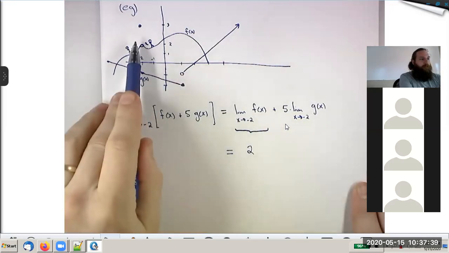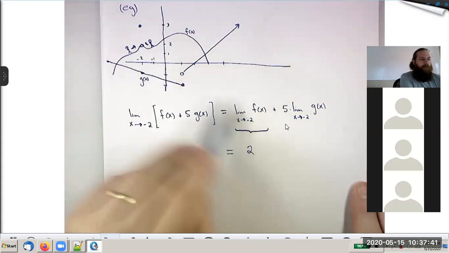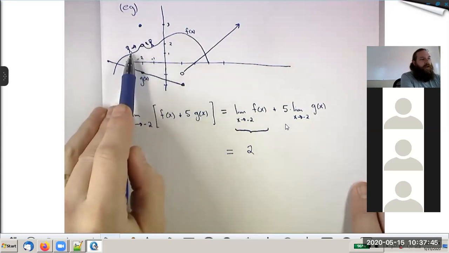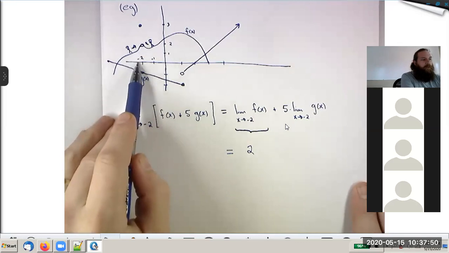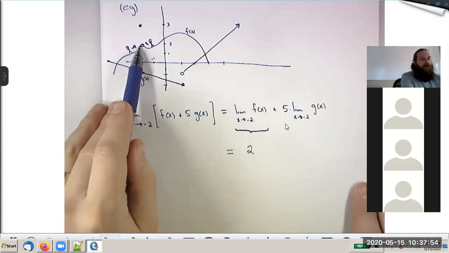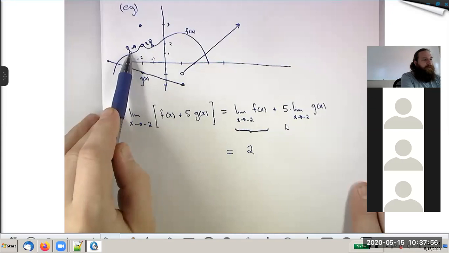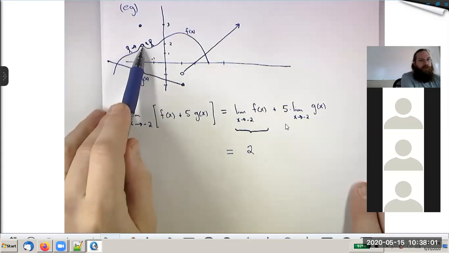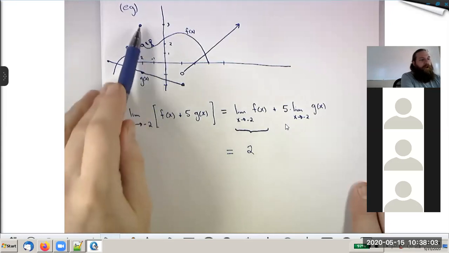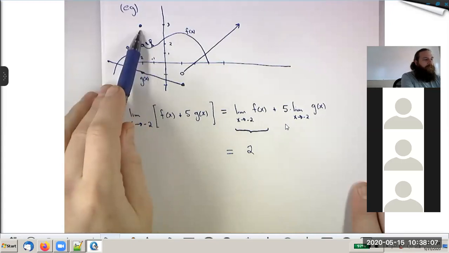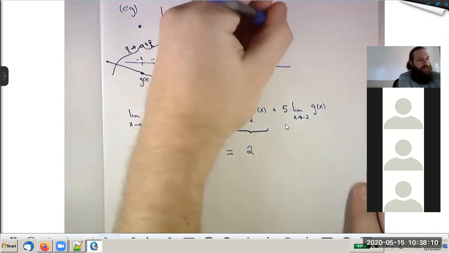Because the limit doesn't care about what happens at the point. It only cares about what happens nearby. So I'm asking, as I walk along this graph, getting my x values closer and closer to negative 2, are my y values sneaking up on anything? And you can imagine if I was a little guy walking along this graph, yeah, my y values are sneaking up on whatever the y value at this hole is, which is 2. They're not sneaking up on this, right? These guys are way down here. They're not up there. So note,